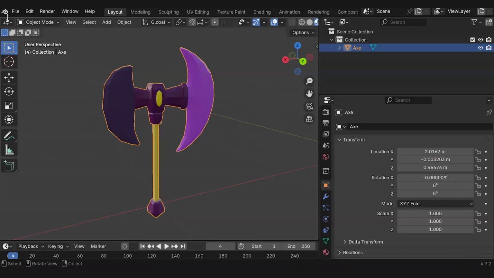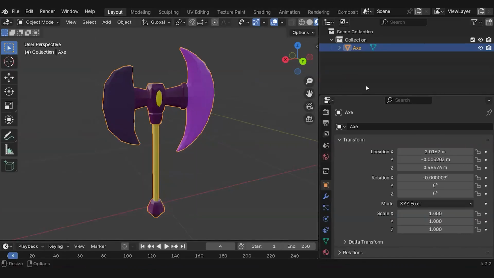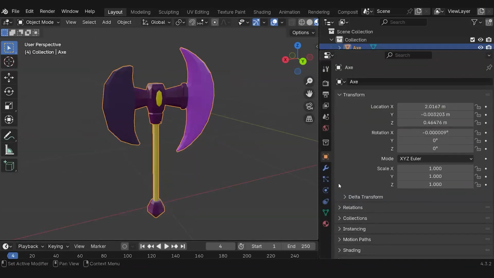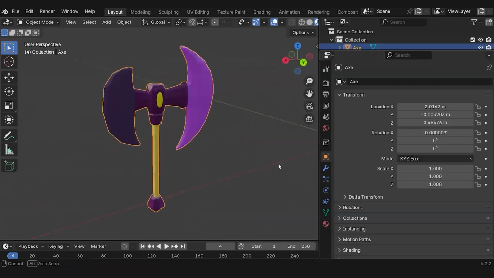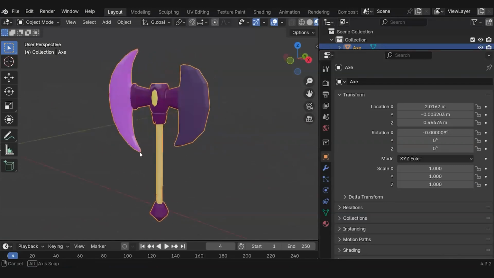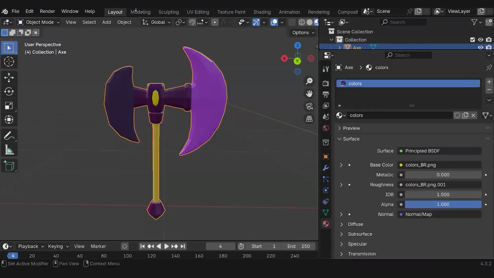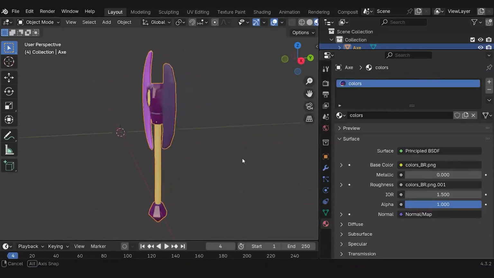Horizon. So what I'm going to do is I'm going to go to File. Actually, before I do that, I do want to show you a little something. Let's say you encounter another asset from somewhere else. Definitely go over here. So here is basically the attributes editor. If you go on the bottom, you will find the material tab. This is really, really important.